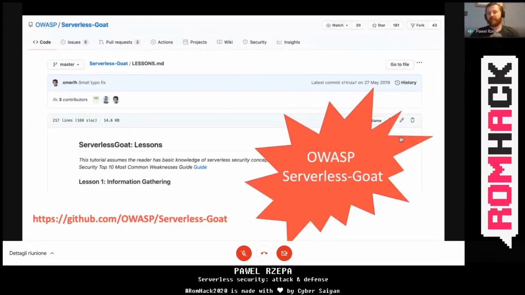If you want to play by yourself with, let's say, vulnerable by design Lambda functions, I totally recommend Serverless Goat. It's an open source project. You can deploy it in your AWS infrastructure, but be careful. Remember that you are deploying a vulnerable application function. Or you can use the infrastructure that is given to you by the authors of this awesome project.